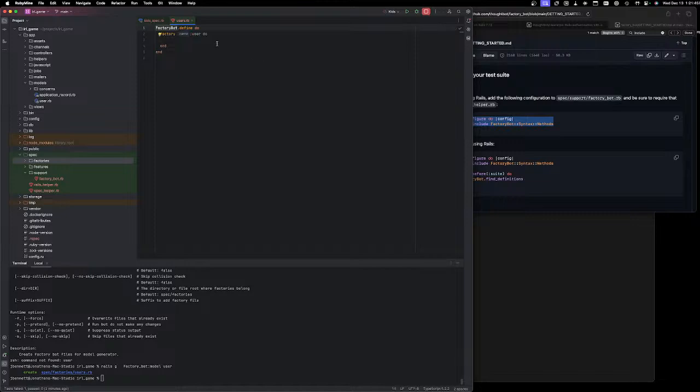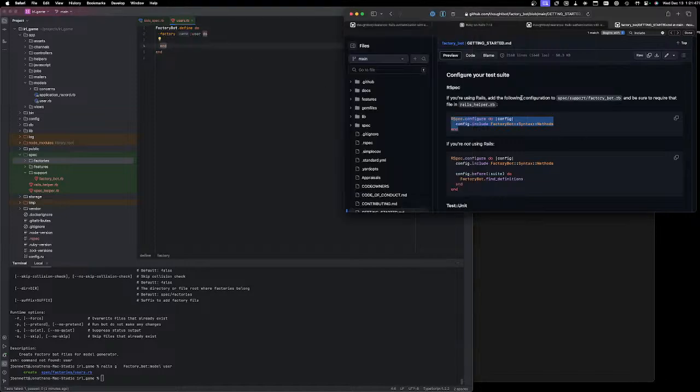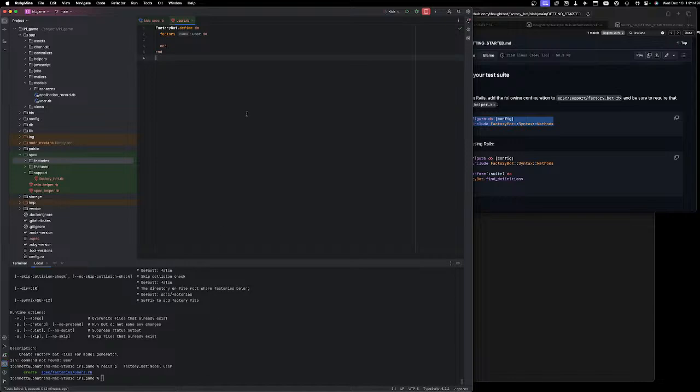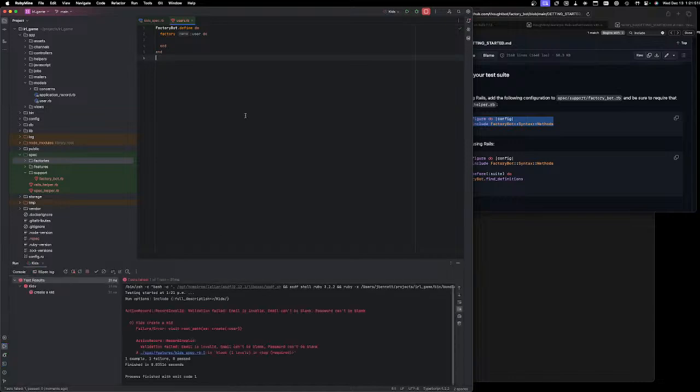All right, user, great. All right, let's try running that again. Email is invalid, email can't be blank, password can't be blank. No, they cannot. Sequence, email, and I'm going to do